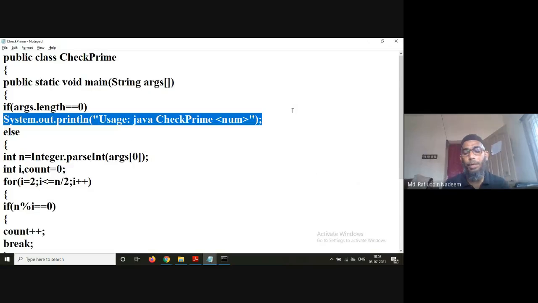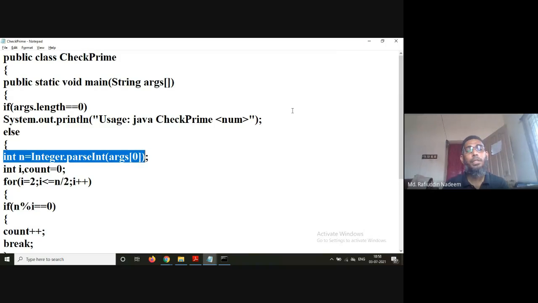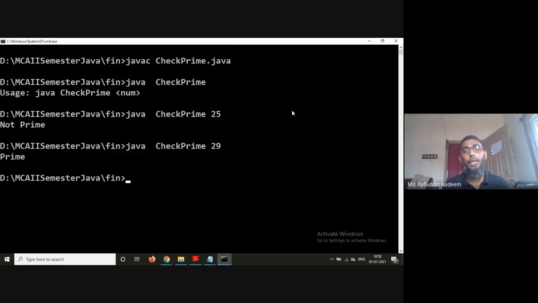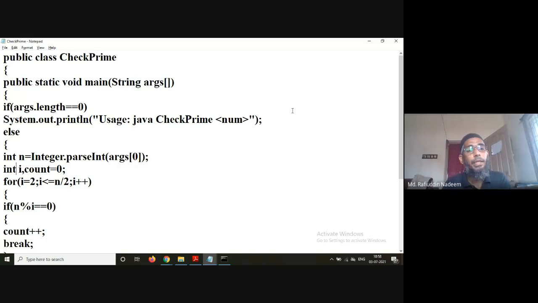So the prime number logic is being used here. First of all, you need to convert the given string into an integer. That's why I'm using parseInt here. So at args[0], you are giving some number, for example 29. So 29 is actually not a number, it is a string. It is converted into a number. Then you have int count equals 0. This is all the C logic which you are using.